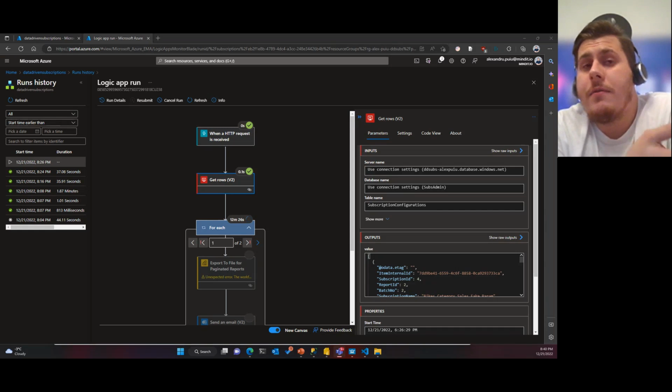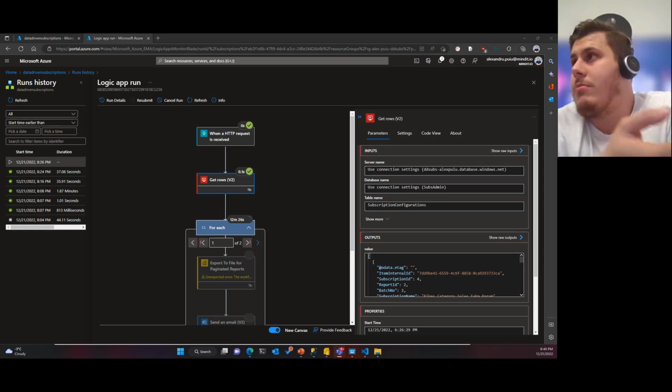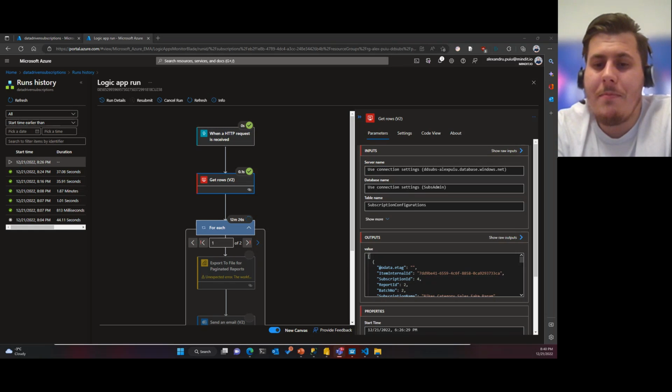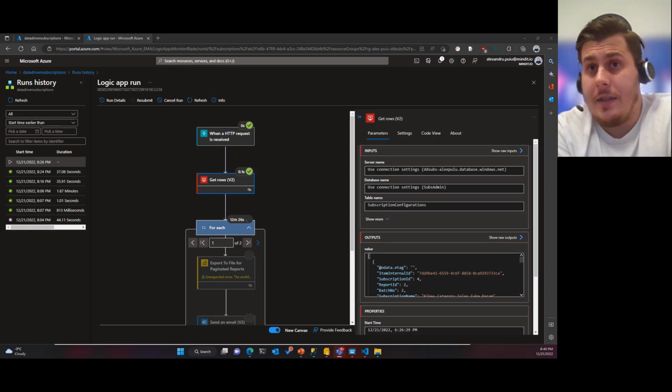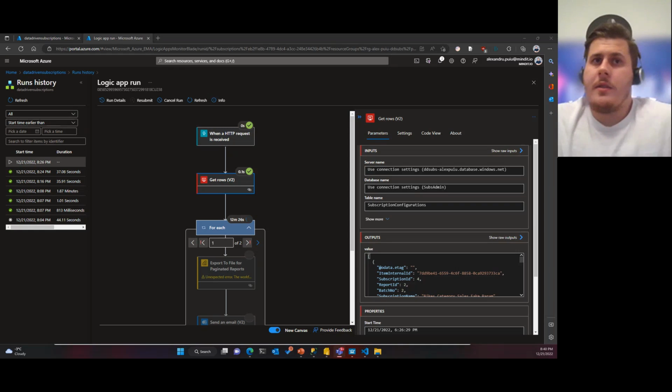For the API itself, you can use a big list of services from Azure to access any API. It's about how fast and how efficient you can do it from those services, because everything that I've done here,